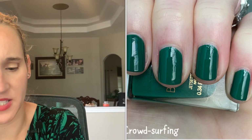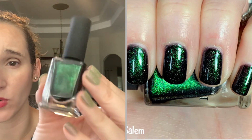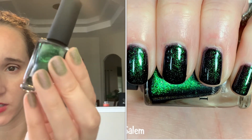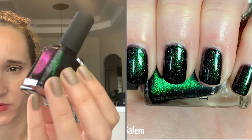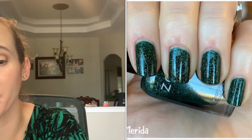Really nice. Okay, then we have Island Peace Salem. It's like a forest green and it's got that beautiful purple flash. Look at that. So interesting. Unique. I don't have anything else like this. So pretty. Okay, then we have Zoya's Merida,